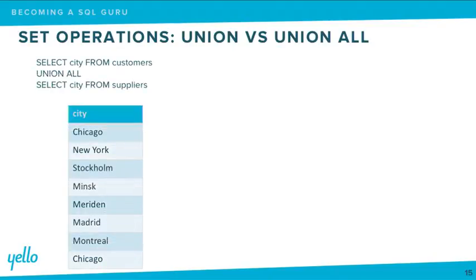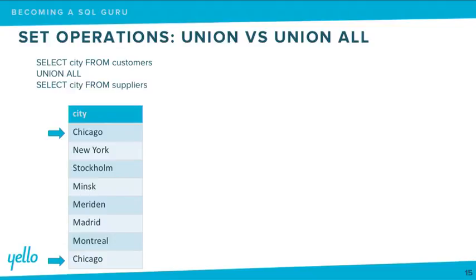So, set operators, union versus union all. Let's say I want to get a list of all cities that span both my customers and my suppliers. I would do this using a union all. One of the things you'll notice is that union all allows you to have duplicates. So in this case, because I had both a supplier and a customer within Chicago, Chicago appears twice within our